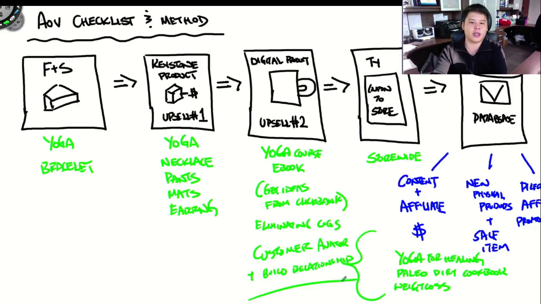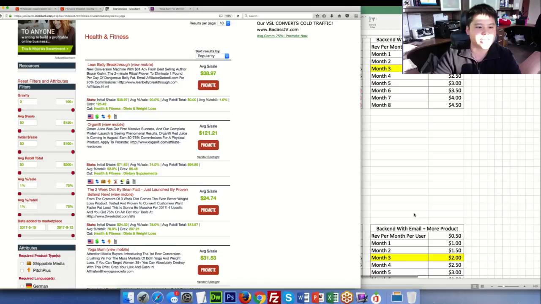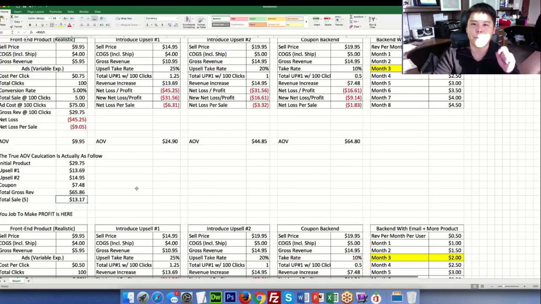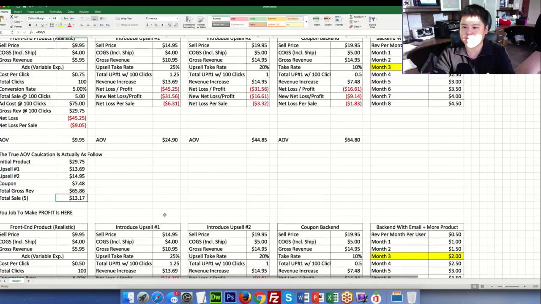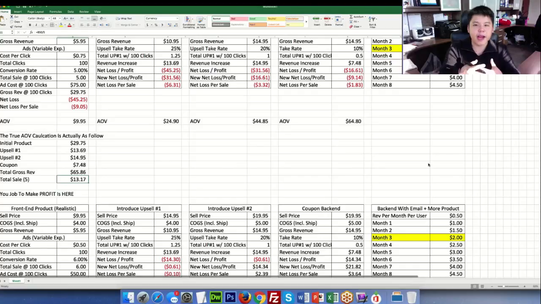That will give you the ability to basically say, okay, they come in at yoga, what else do they want? And you can sell different products in yoga. You can now sell affiliate products. You can create your own products. This is the way that you want to increase your average order value. And most importantly, you want to increase your profit average order value, okay? Because if you start introducing digital products and aligning them with physical products, what's going to happen is